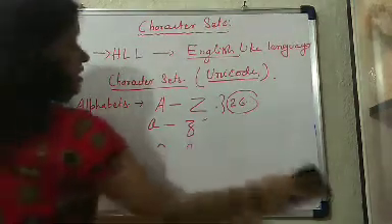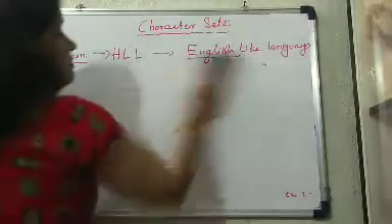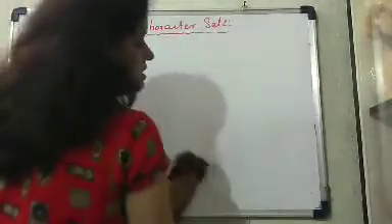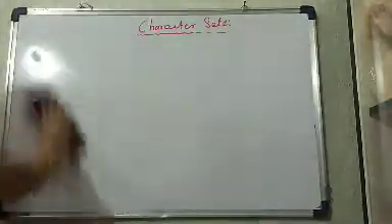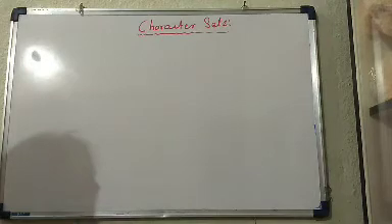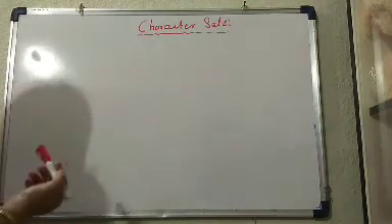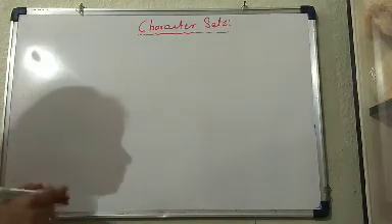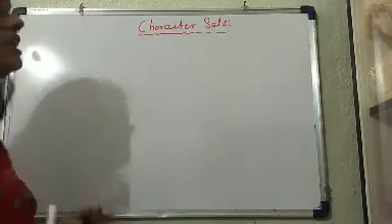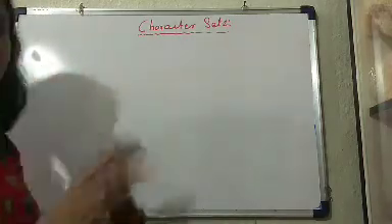Now, just remember that after learning alphabets A, B, C, D or 0 to 9, you started writing words, right? And after learning the collection of words, you started writing sentences. Clear? So similarly, as I told you, if you relate this language with your real life examples, it will be very easy for you to learn.